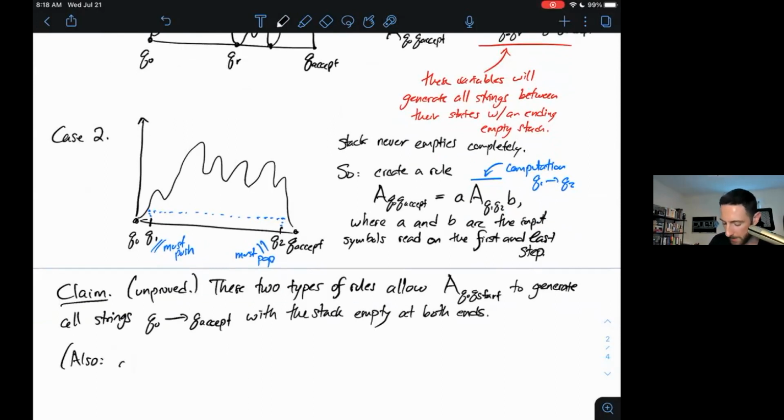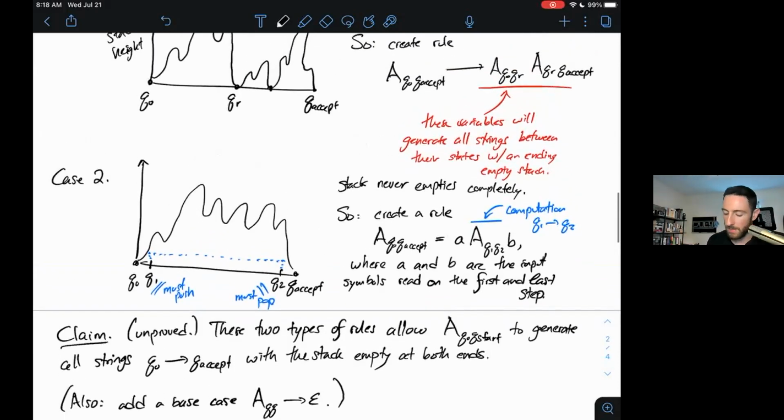We'll also need to add a base case that says if we have some variable looking for the string that takes state q to itself, this generates the empty string. So my claim is essentially that if I want A Q0 QAccept to be a variable in